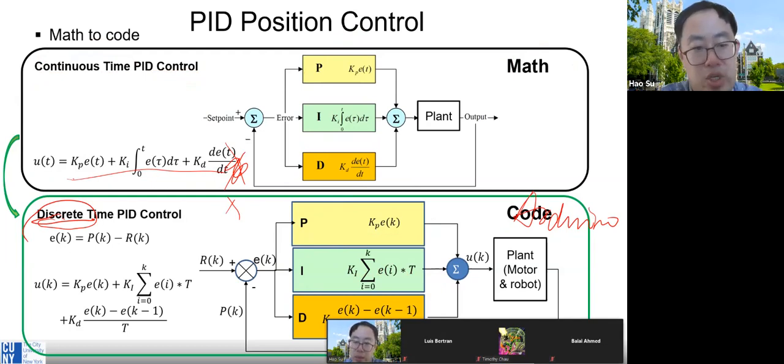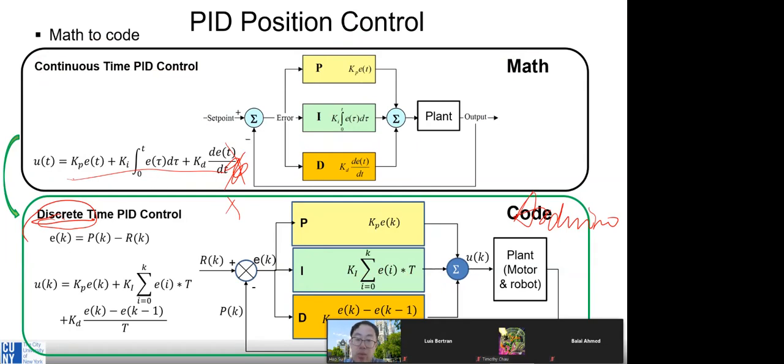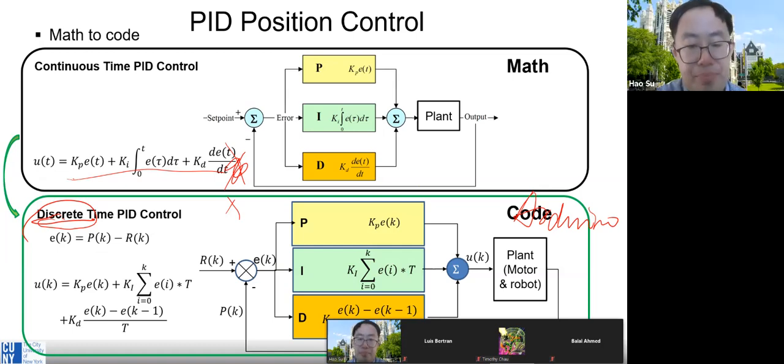I think I will show you. Professor, by discrete, do you mean it's an intermediate process? What do you mean by discrete? So discrete means